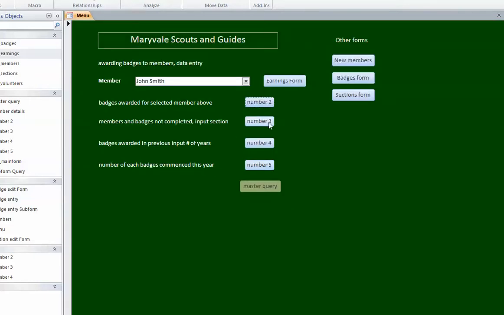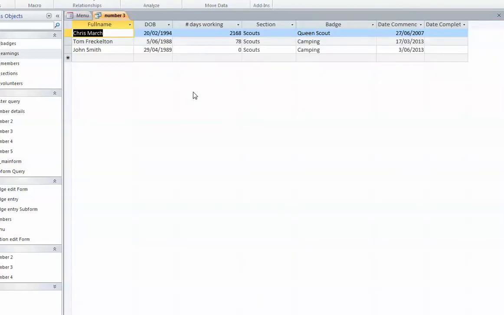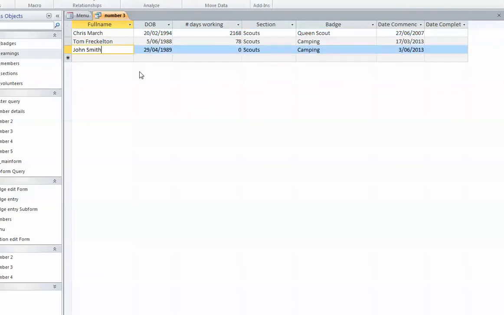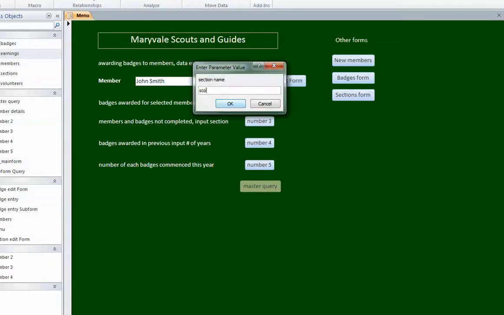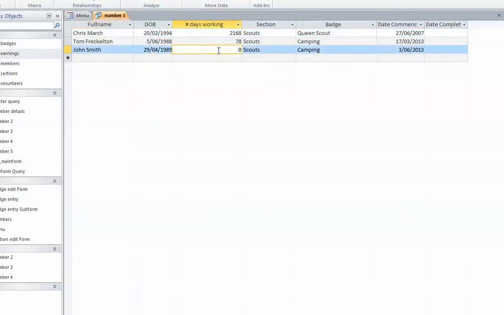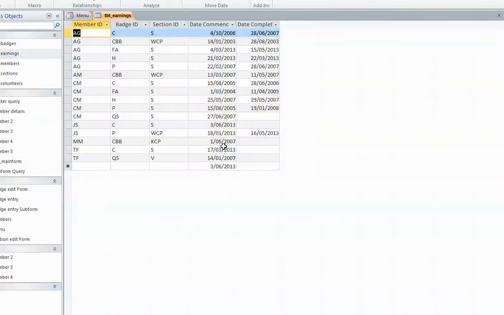I then move on to the next query, the number of badges not completed, and if I type in something like Scouts or part thereof, there are 3 records, one for John Smith that we entered and one for Tom Freckleton and Chris Marsh, and that output does also show the number of days working as a calculated field. I can then look in the earnings table and we can look for Chris Marsh and Tom Freckleton, who haven't